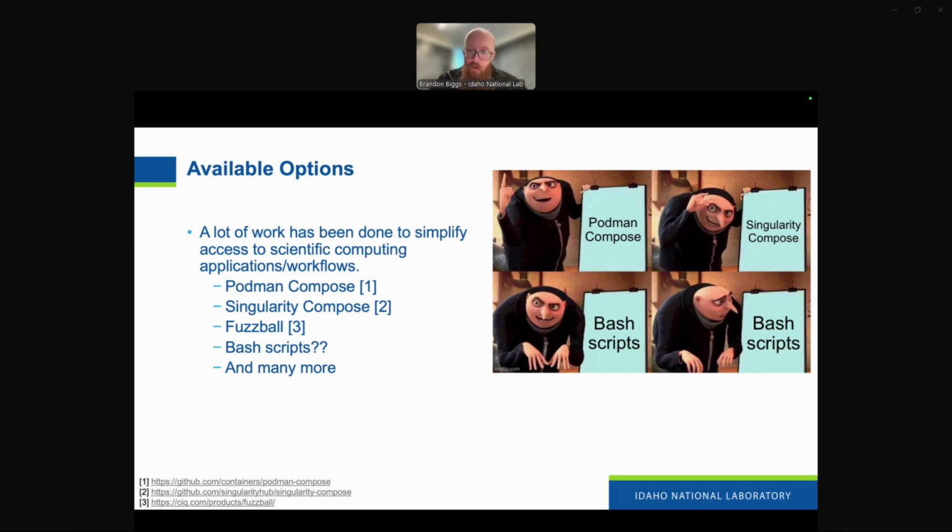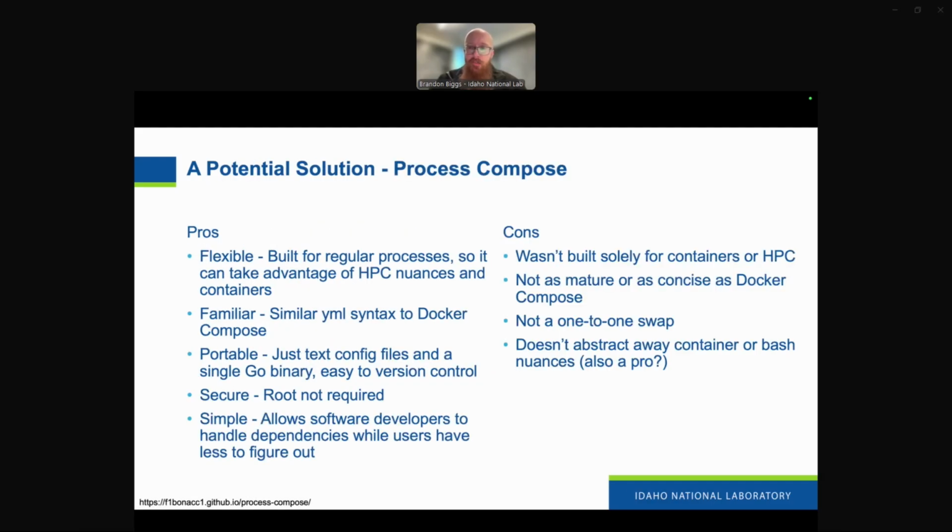So Apptainer is a really great tool that we use at our facility exclusively, but as soon as we try sharing that with somebody, maybe at another lab or another university, maybe they use Podman or Shifter or Charlie Cloud, right? There's other tools out there that they may run into. So let's look at a potential solution for this problem, right? Something that isn't using just a specific tool, that can rather be agnostic,